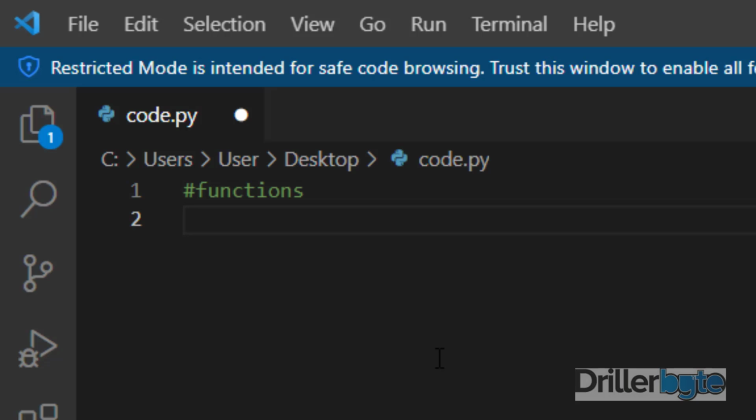Now, what are functions? A function is just a piece of code that has a name and it does something. So a function is a piece of code that actually performs a certain task, and I'll show you what I mean. Supposing you want to add two numbers, you might create a variable and call this the first number,